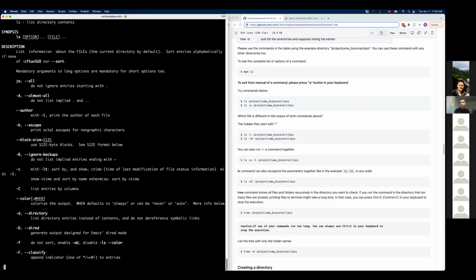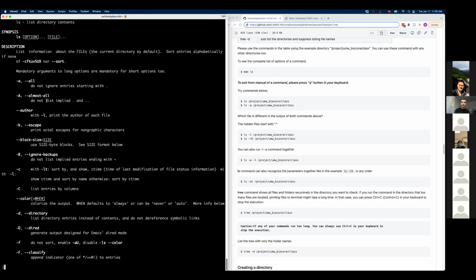So the options, there are two types of options, the short form and the long form. Short form is with one dash and one letter. Long forms are two dashes and a longer name. And they mean the same thing here. So if it's -a, it just explains what it is here. So do not ignore the entries starting with dot, the hidden files.